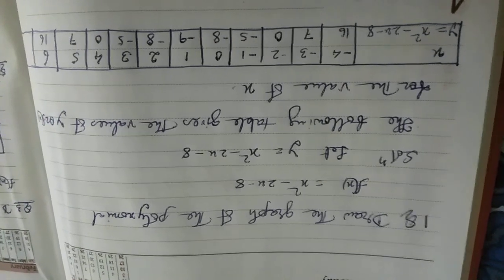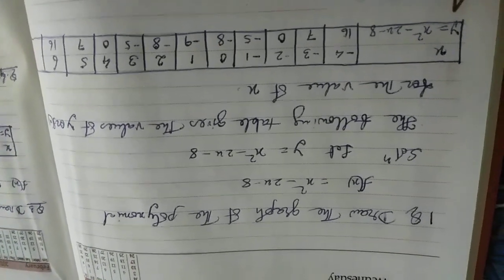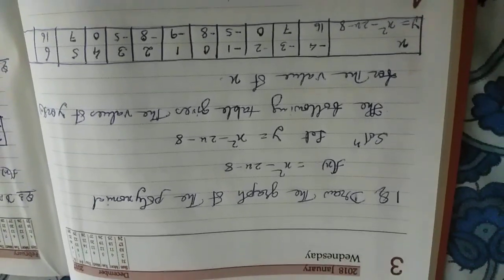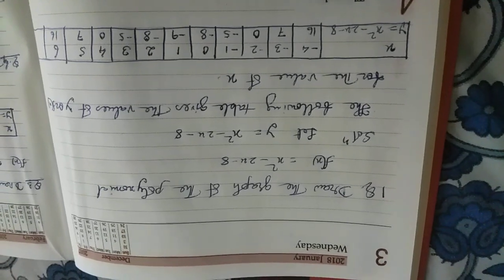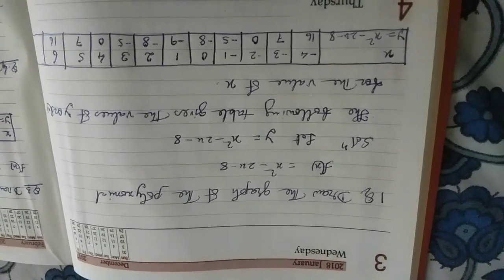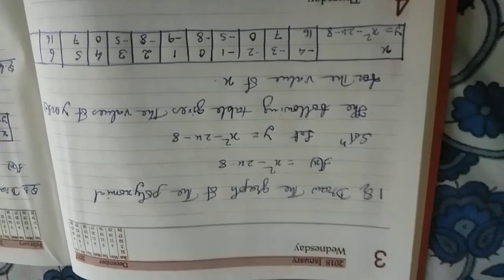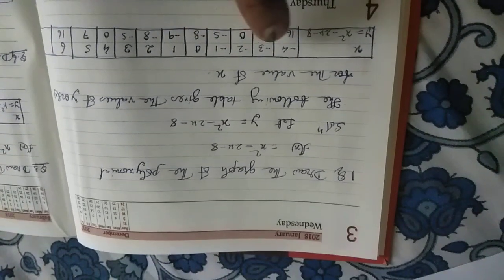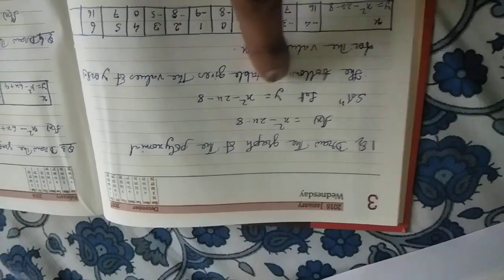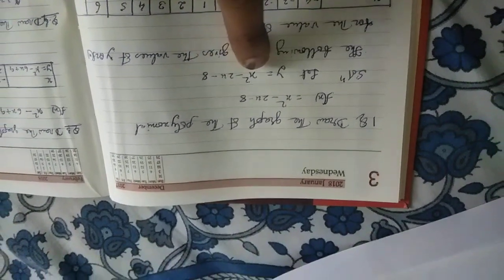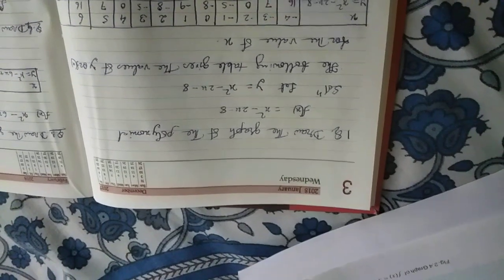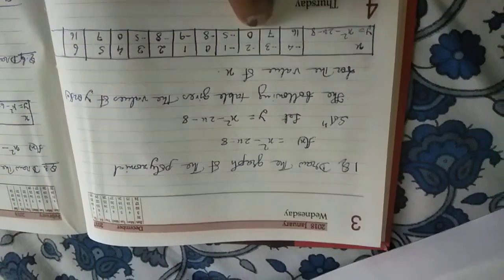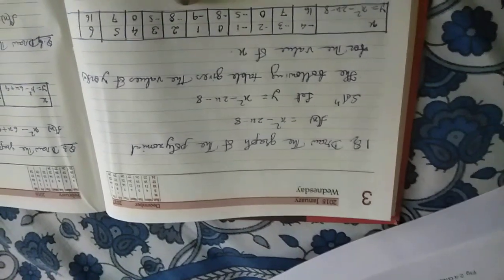Students, suppose you are given this question: draw the graph of the polynomial x square minus 2x minus 8. Then what to do? f(x) = x square minus 2x minus 8, you have to take y as f(x). If we put the value of x, then you will get some values, that is y. So I make a chart here, minus 4, and then 16, 3, then 7, 2, and so on. Then I prepare the chart.